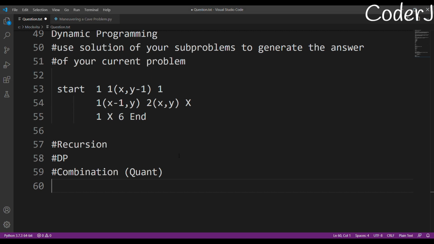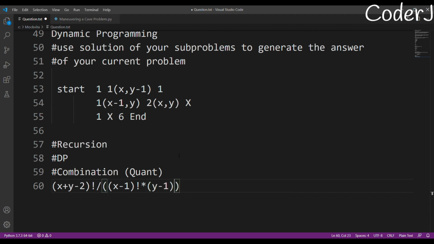If you want, I can actually give you the answer. The answer is pretty simple. Suppose you are moving to x comma y. So what will be the answer? x plus y minus 2 factorial, divided by x minus 1 factorial into y minus 1 factorial.